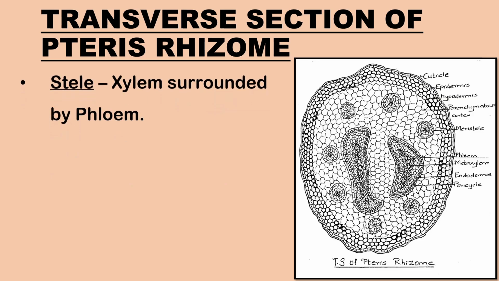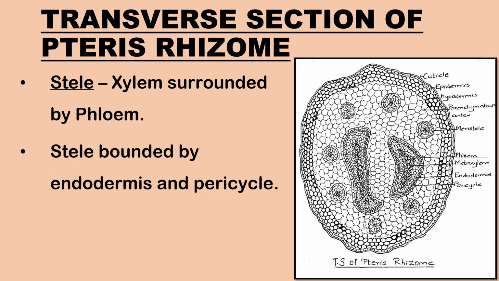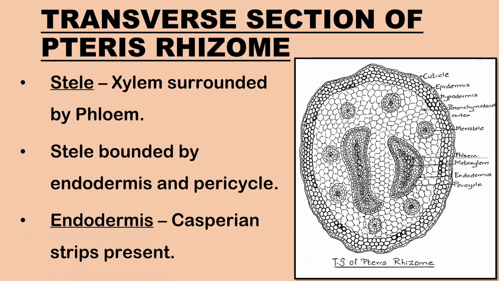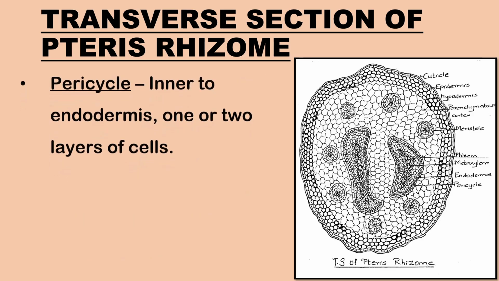The stele has xylem in the center and is surrounded by phloem. The stele is bounded by endodermis and pericycle. The endodermis shows the presence of Casparian strips. Inner to the endodermis are one or two layers of cells forming the